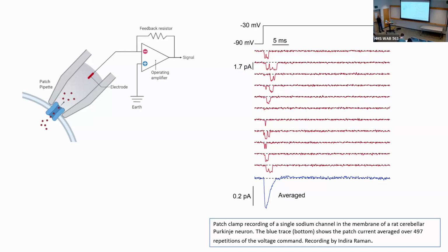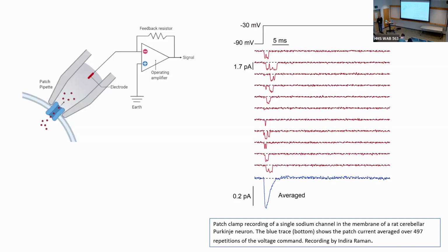solution. And one of the most dramatic uses of the patch clamp pipette, the patch clamp technique, was to allow recording of single channels. And so you then isolate a very small patch of membrane. And so then you could do an experiment where if you were lucky, you'd get a single channel under the pipette, and you could then see the opening and closing of that single channel, that single protein, in response to changes.